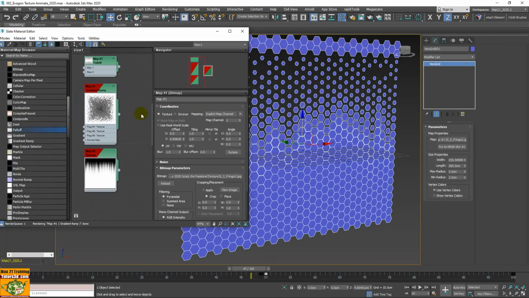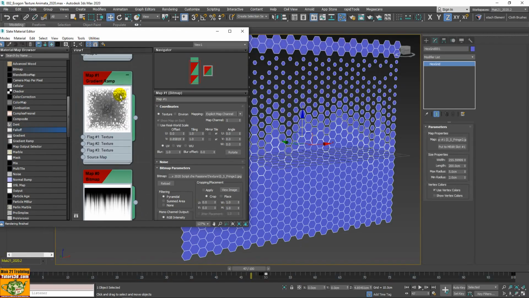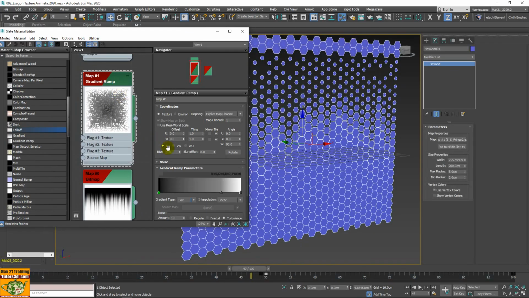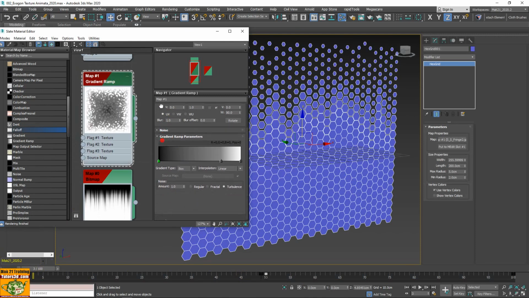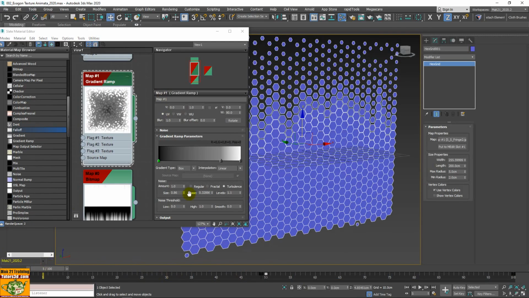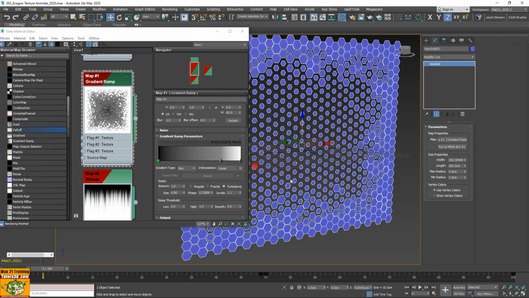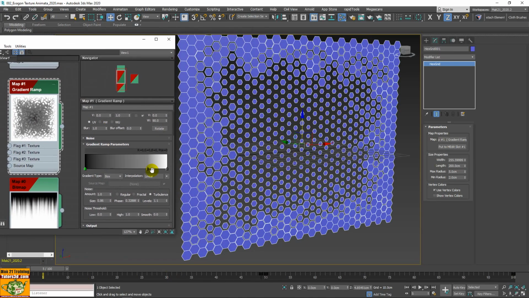With the same principle I could use the other bitmaps. For example, this one is also a bitmap that has a sort of modification, as for example its phase is a gradient ramp, so I selected gradient ramp. I put it as a box. Now we'll change it, we'll put it here, okay, and I went to change certain values.